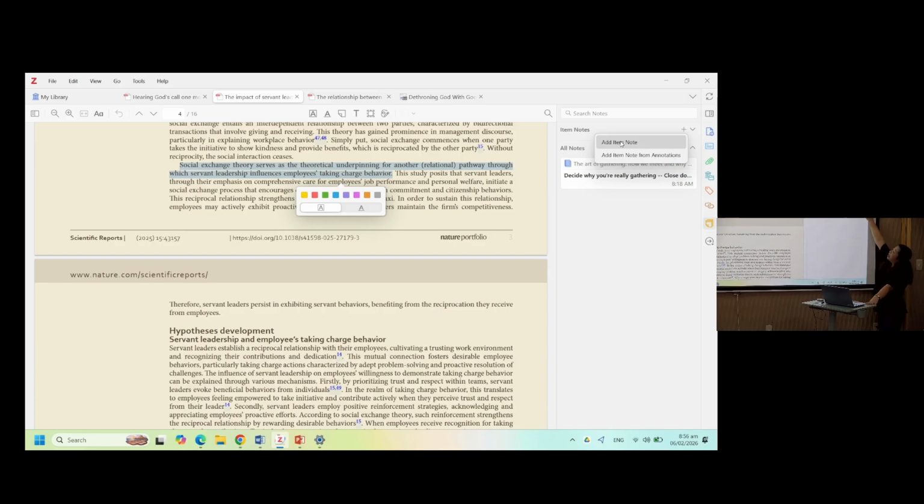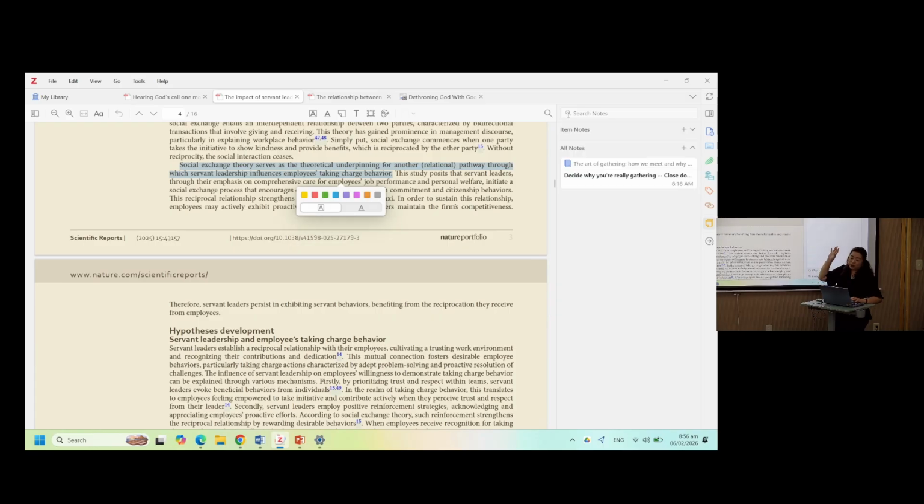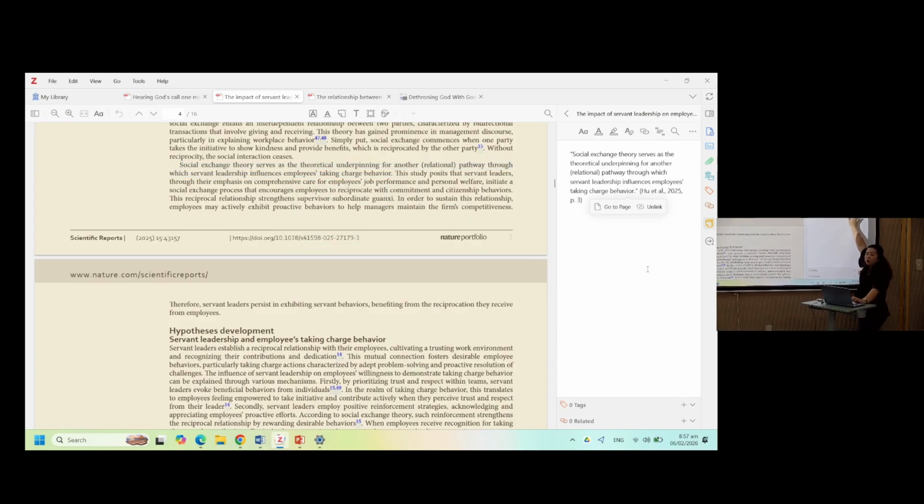It's this button, the yellow one. Then I'm going to add item note, and you will see that add to note appeared. You will not see that add to note if you don't have a blank notepad. So add item note, and you'll see here add to note. And automatically, it will be copied to this notepad, including the citation.